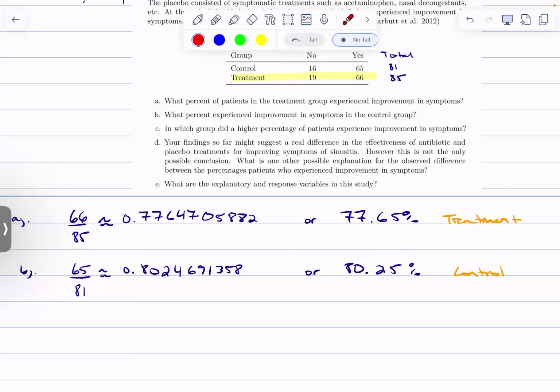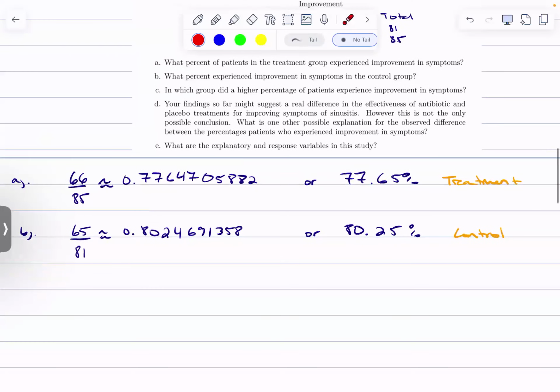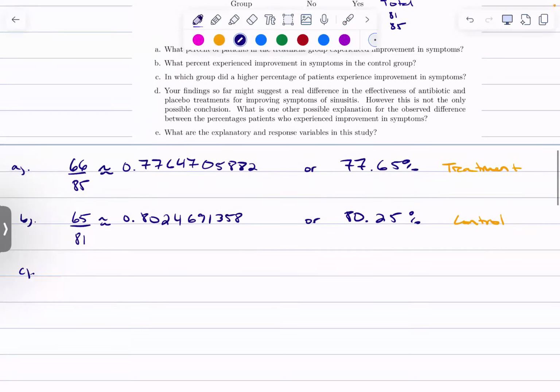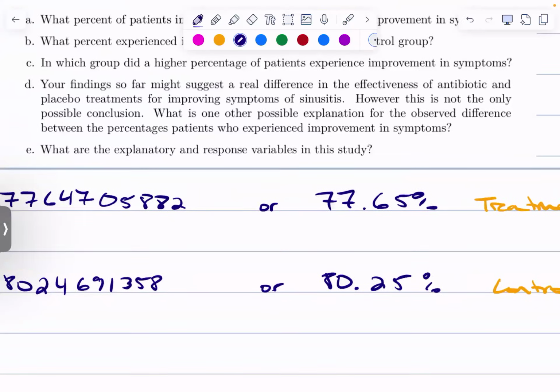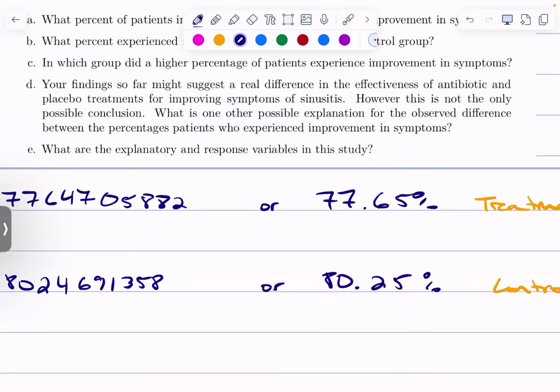Okay. In which group did a higher percentage of patients experience improvement in symptoms? Well, we already talked about it. The control group. Like we talked about,